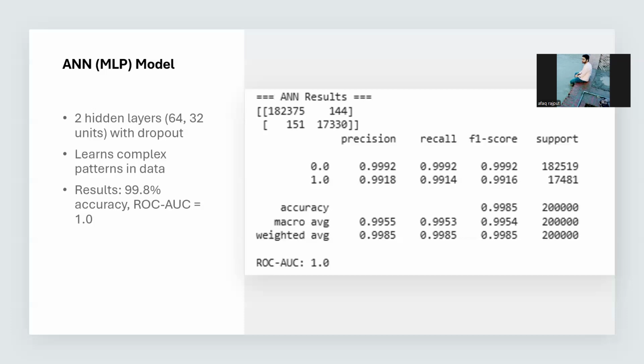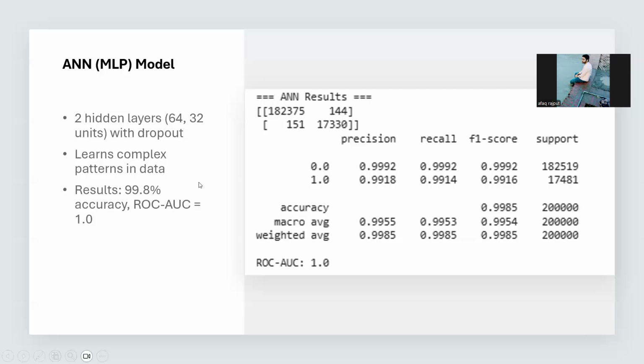In our project, the ANN gave very strong results. It achieved about 99.8% accuracy and a ROC/AUC score of 1. This shows that the ANN could identify fraud and non-fraud very well, almost at the same level as random forest. The next slide